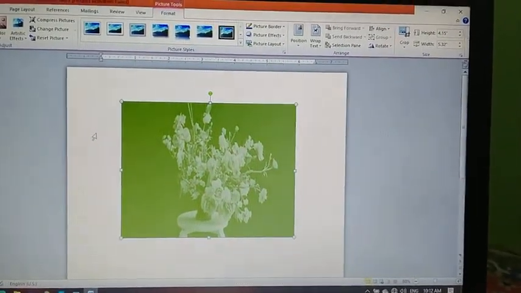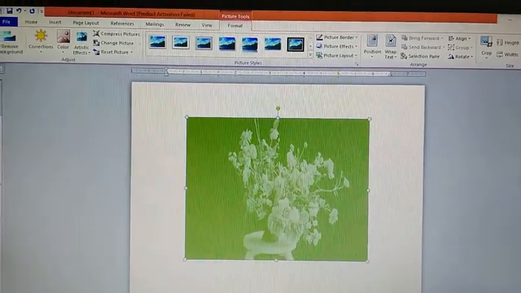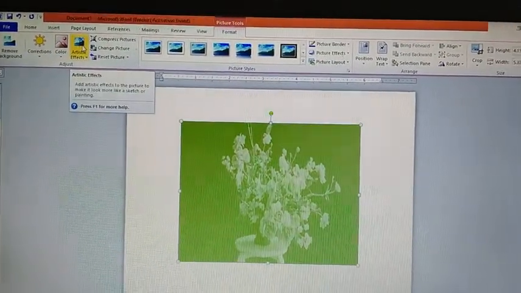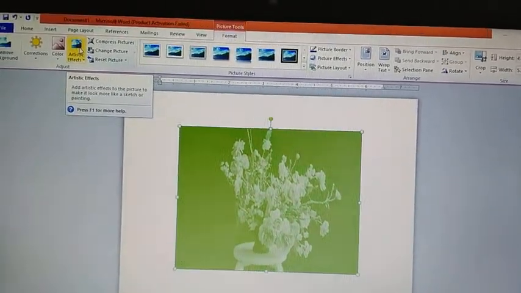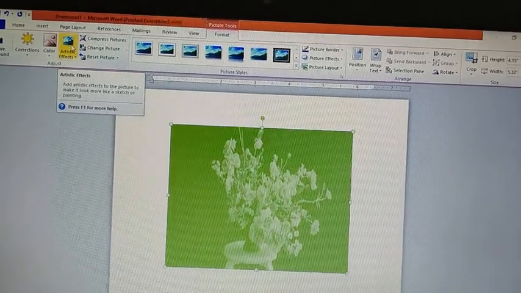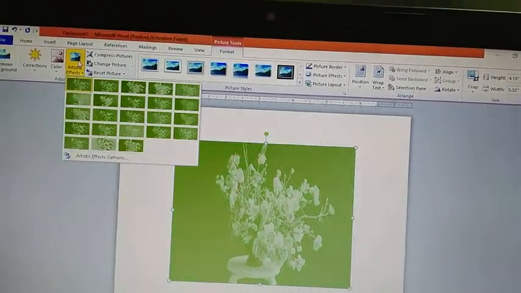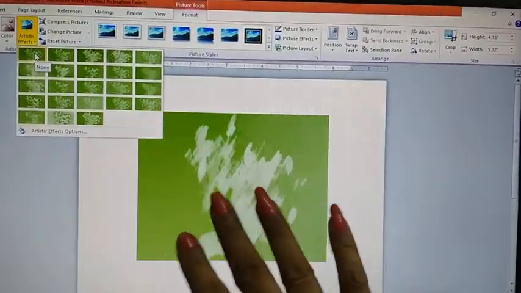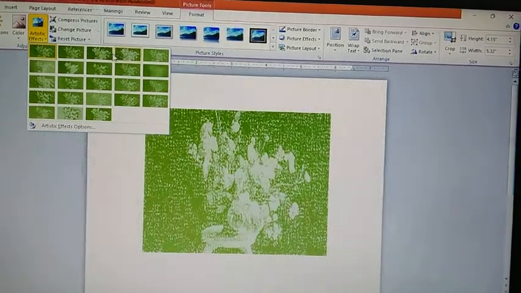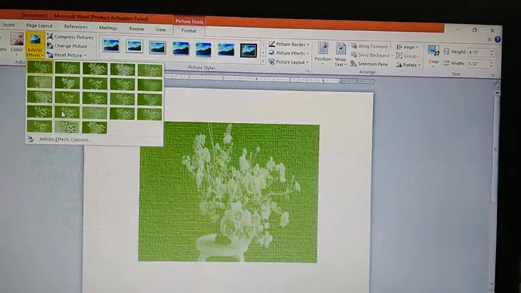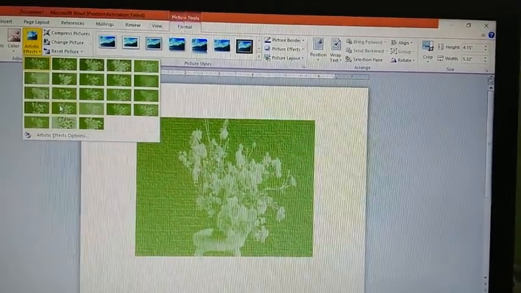Okay, now go into the artistic options. Your next option in the adjust group is the artistic option. Whenever you click the artistic option, it lets you change the picture quality into the form of pencil, grayscale, sketch or pastel colors. Now click on this artistic option. It will show like this. So see, the picture is showing like a sketch. Whenever you click on this second one, the picture is showing like this, marker type, and this one is dotted type, pencil type. Use any one of the picture qualities that you want in your picture.